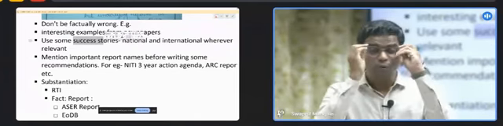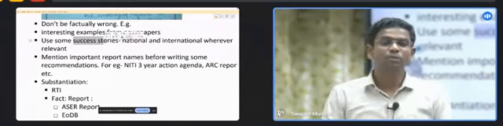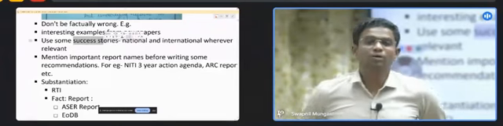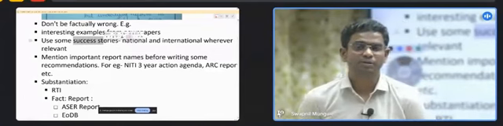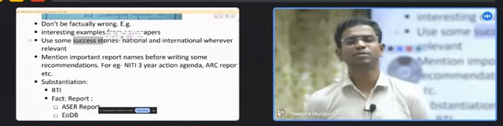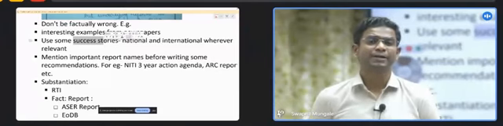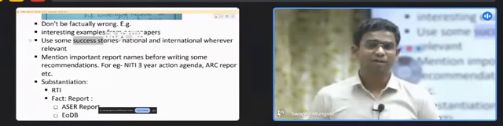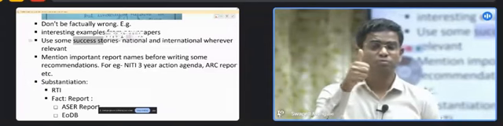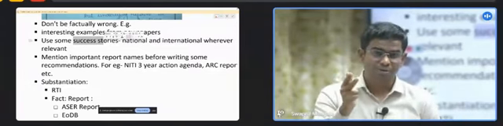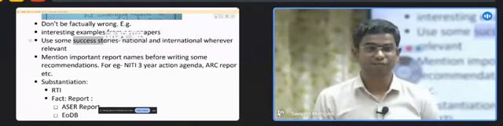That's why we have to be on the lookout for positive aspects and positive changes, maybe in the social sector, on the governance side, or on the side of administration. Maybe someone has done something spectacular in a particular district or village that can be replicated throughout India. These kinds of examples can be helpful in the GS1 society part, GS2's governance part, GS3's internal security and cyber security part, or GS4 entirely for that matter.